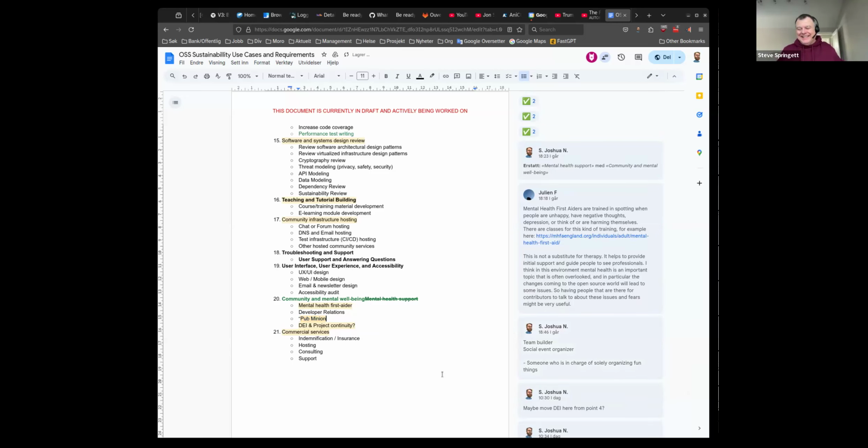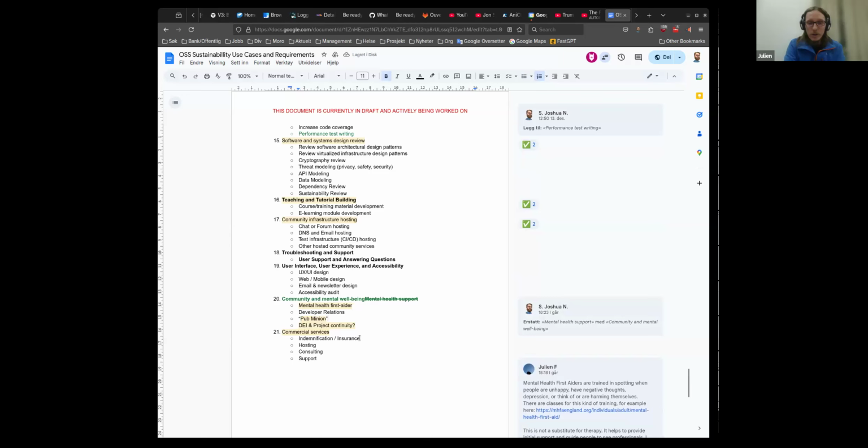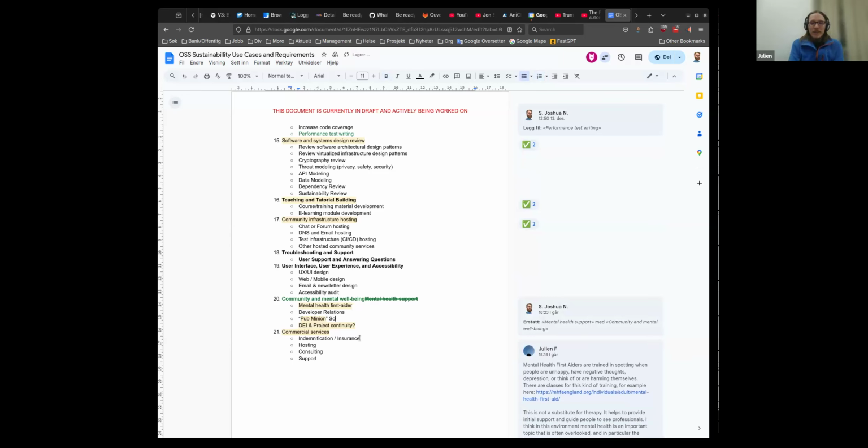Pub minion. It's like a social event coordinator or something, if you want corporate language. I guess conference organizing somewhere falls into that as well, but specifically non-technical meetups. Right. Yeah, this is covered in some other points. Yeah, no, this is different.